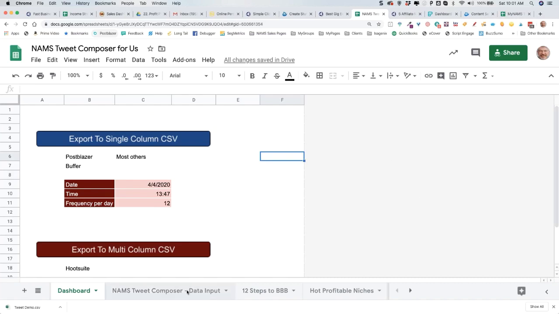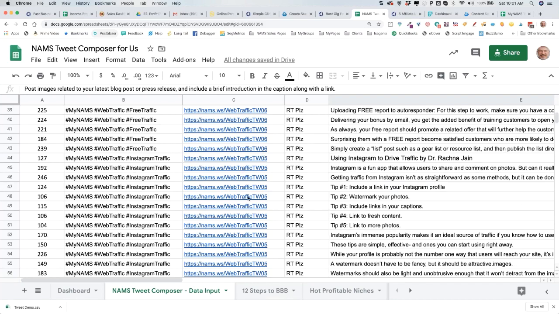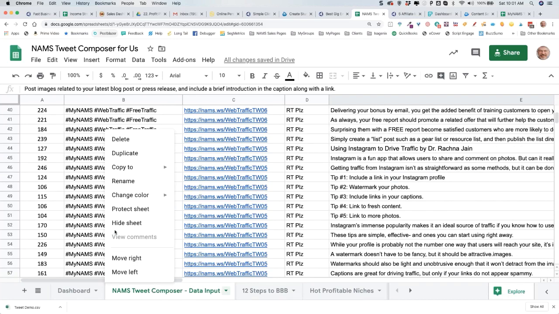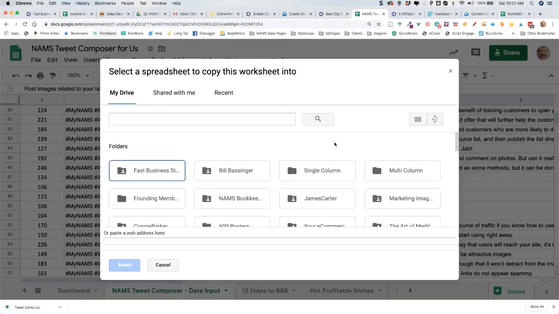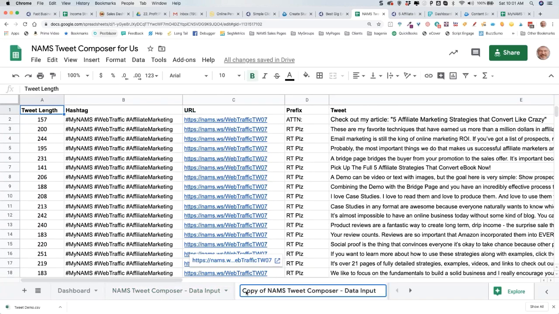Now, what we do is, since we know that this is on a specific topic or specific topics, we create a copy of this. I can just right-click on this tab, copy to a new sheet. Oh, sorry, we're just going to copy it here. Is it copy or is it duplicate? Let me see. Duplicate, that's what I want. Okay, so it just makes a copy of it to a tab. And I'm just going to name that my tweet